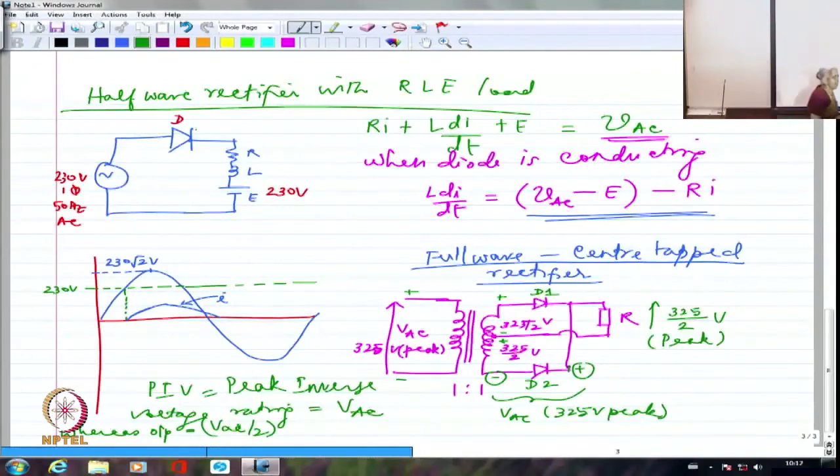So we are using a diode of higher value of rating, but we are deriving only a lower value of output voltage. What is the big advantage of doing this? Only there is one advantage. That advantage is whenever this is conducting, I have only one device conducting, and after that the load comes directly. So if one device voltage drop is 0.7 volts, I will have whatever is my output voltage minus 0.7 volts